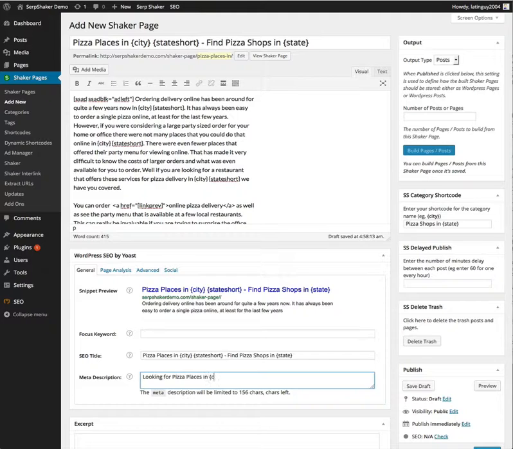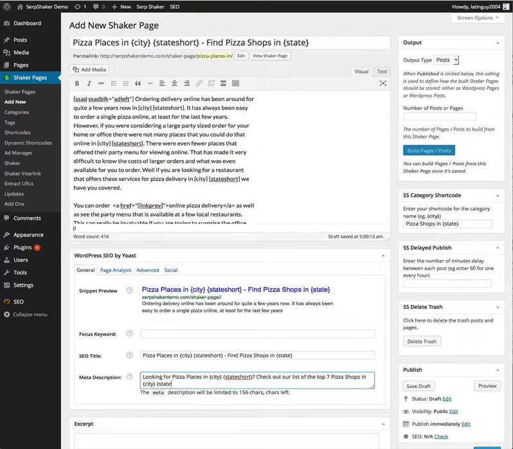Pizza places in city, state short, check out our list of top 7 pizza shops in city,